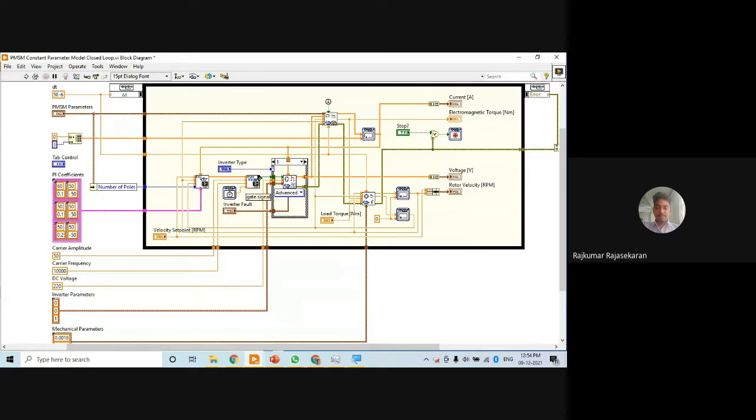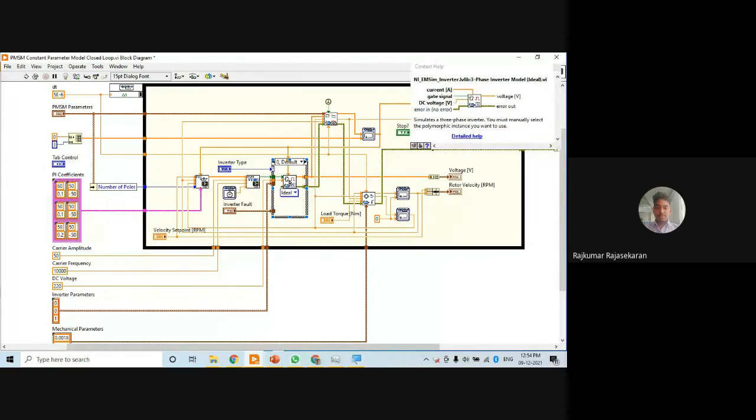This will give us the on state of the IGBTs, the gate signals, and this will be given depending on what type of operation we have selected, the inverter type we selected. These gate signals will be given to the inverter, the three-phase inverter model, along with the DC voltage, the voltage of the motor run. This will simulate these parameters,